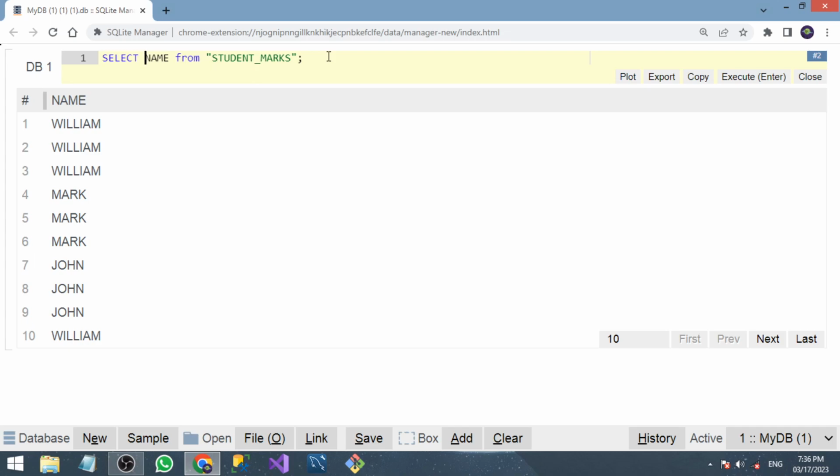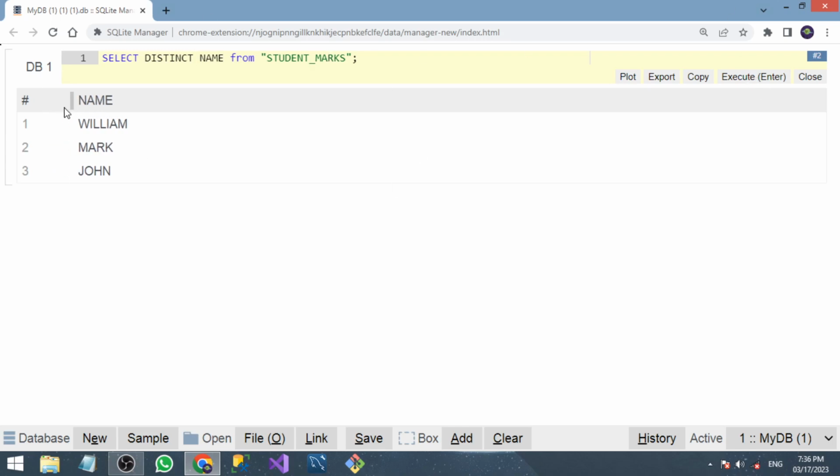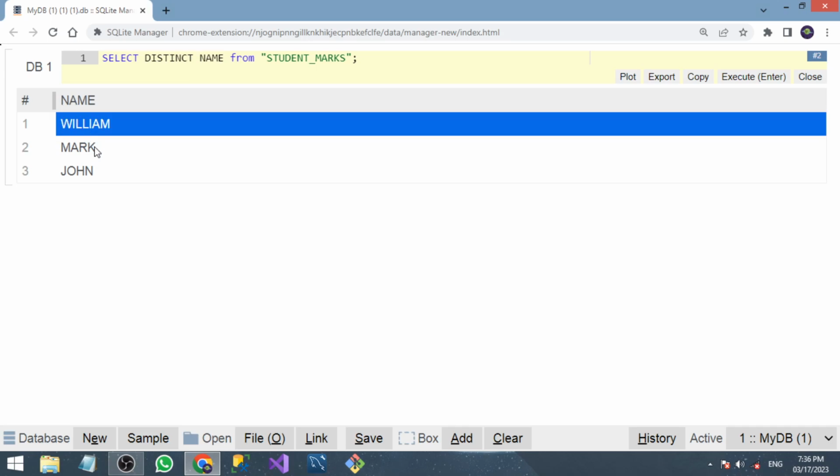Now if I want to ignore all the duplicate values, I want to get the unique names only, right? We have only 3 students. So for that we need to mention the distinct keyword. If I execute, you can see we have a proper result. We have unique values, right? We have 3 students in the table. This is how you can get the unique values from the particular column which you want to get as a result, by using the distinct